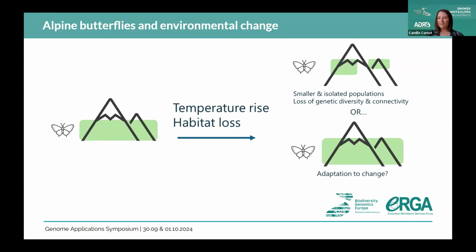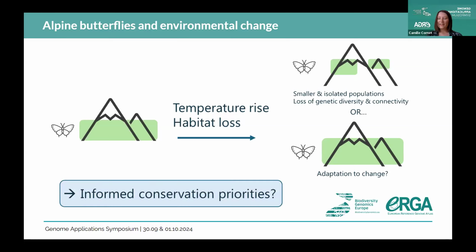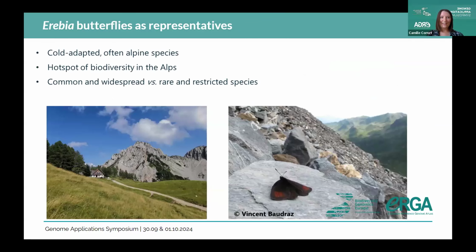But you can also imagine the scenario where the populations or the species might be able to adapt to those changes and cope with them. And I think it's super important to be able to assess if our species of interest is more likely to undergo the upper scenario or the lower scenario, to be able to make informed conservation priorities. And I strongly believe that genetics can help us with that, and this is what I'm going to try and highlight now. The genus we're focusing on is Erebia, and I think it's a perfect system to explore those issues,